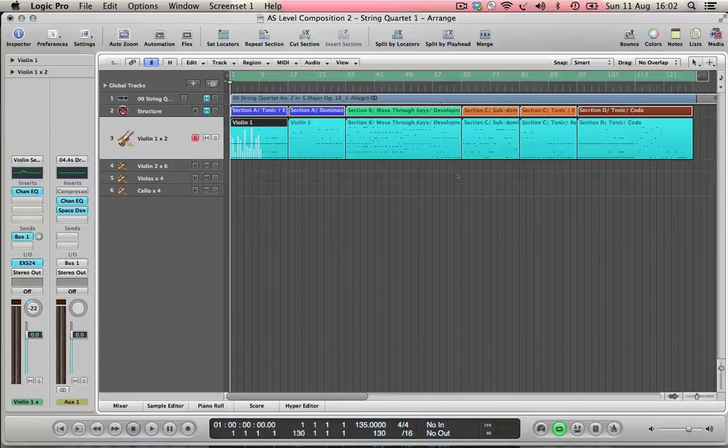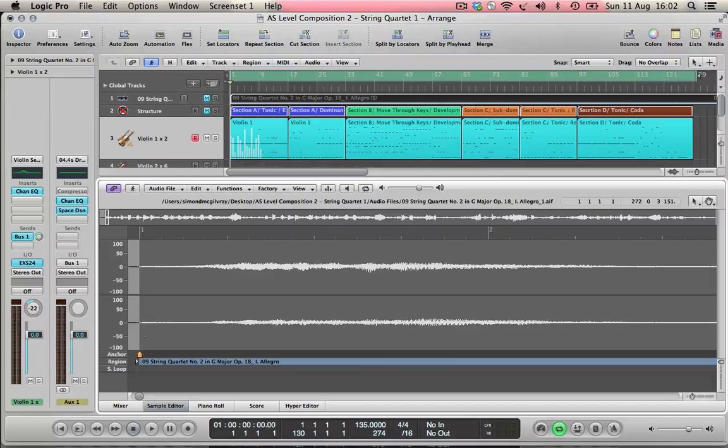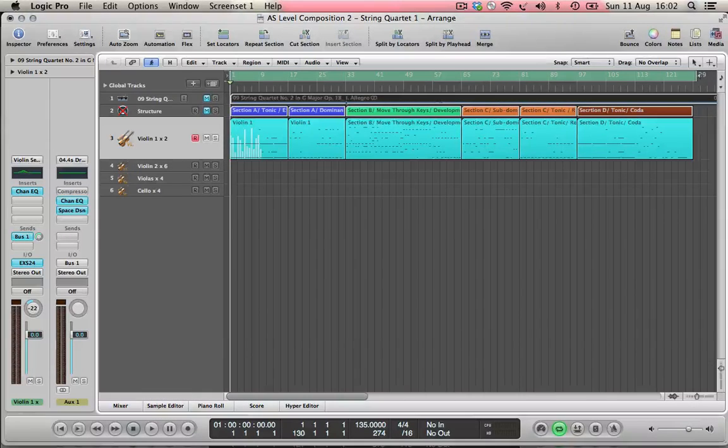So to start off, what I've done is I picked a string quartet from iTunes, clicked it out, dragged it in, dropped it. Okay, and if I click in it, I can tidy it up by moving that about, tidy the start point up, and get the tempo if I want to. But I can use that as a guide. I can use it to A-B the levels, and to look for some inspiring sounds and effects, compositional